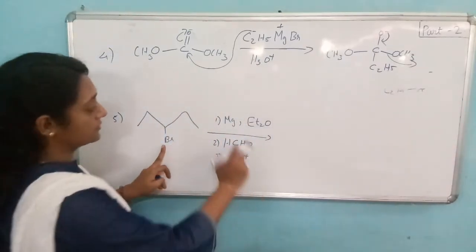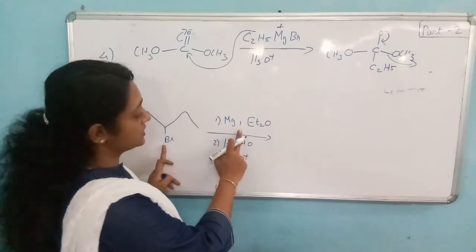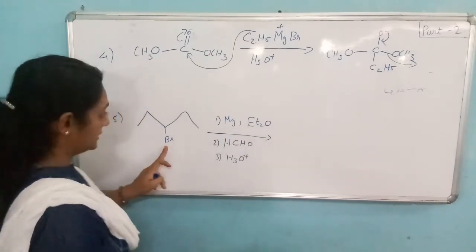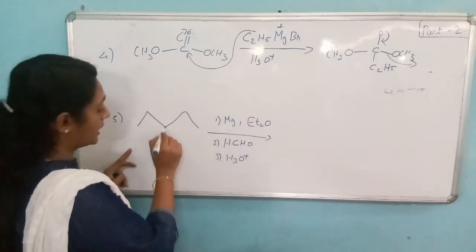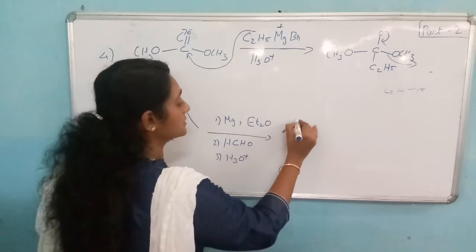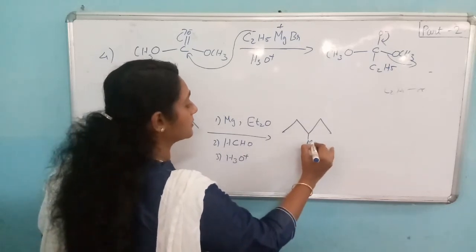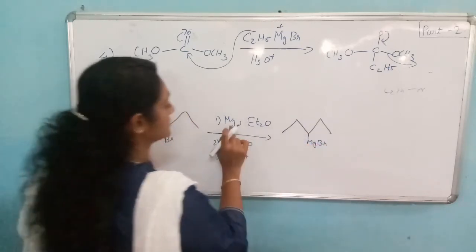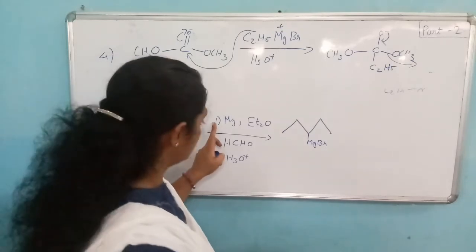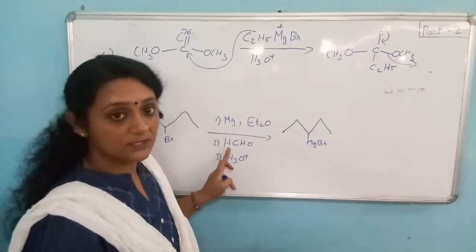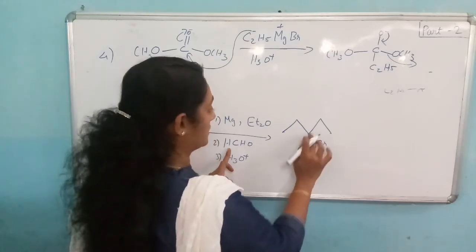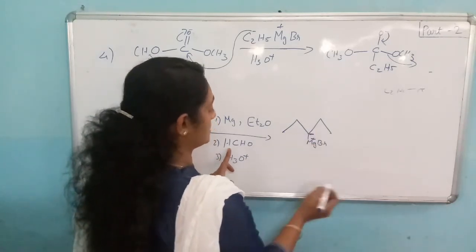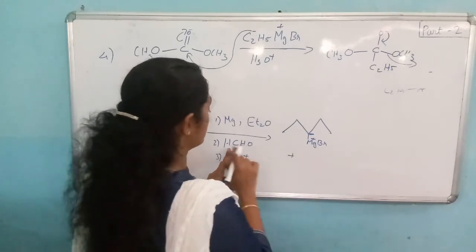Next is this compound. The first process is addition of magnesium in the presence of diethyl ether. What's the product? Magnesium is inserted in between the carbon-bromine bond. We get MgBr, and this is the first addition. Next, the second addition is treating with the carbonyl compound. This is a Grignard reagent; the carbon has a negative charge. It reacts with formaldehyde,